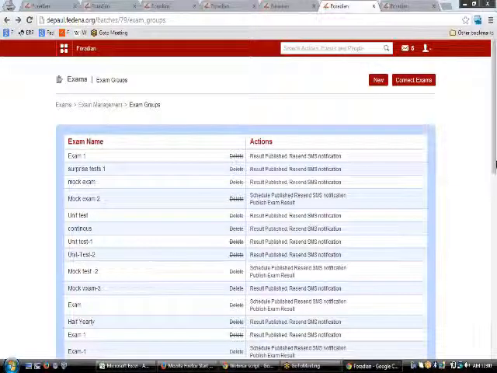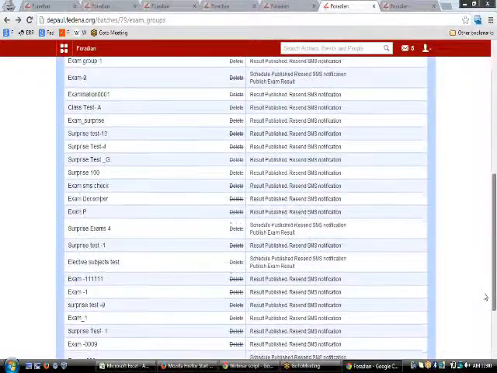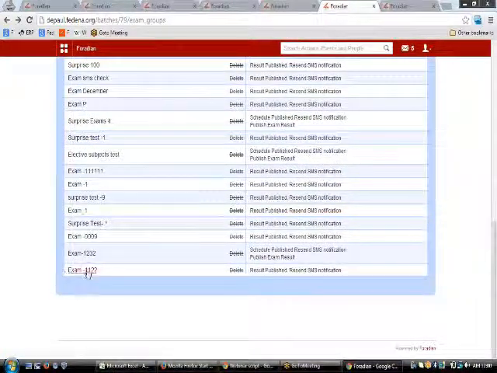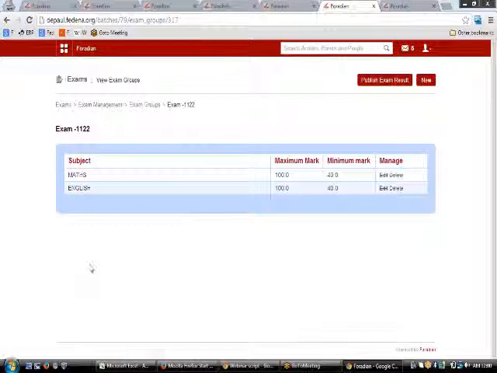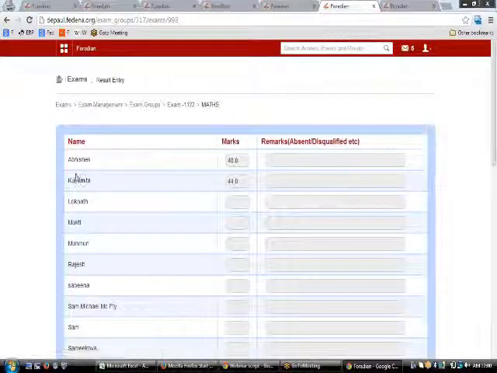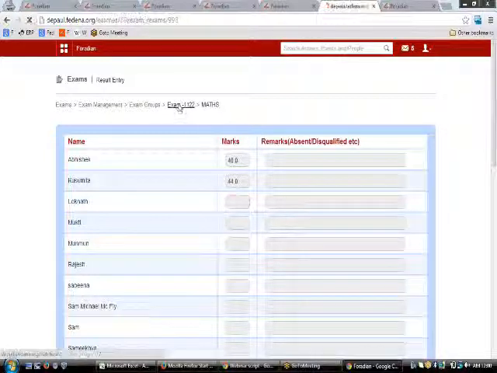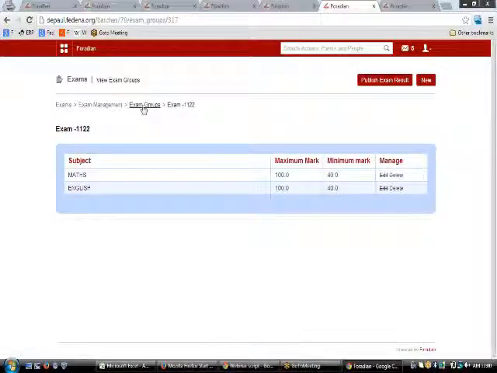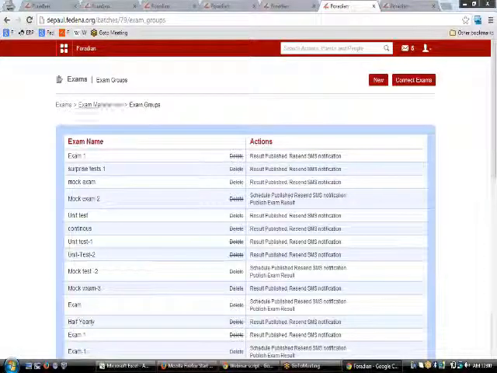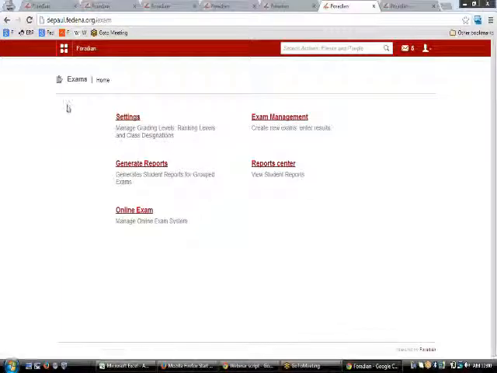So to enter marks again, as this is obviously to be done before the results have to be published, you need to go to each of the examinations and click upon the particular subject into which you want to add marks for, and then type in the marks for this. So similarly, you can type the marks for each of the students in this particular subject for this batch, and then you will be able to create some examinations and store details of the results of the students.